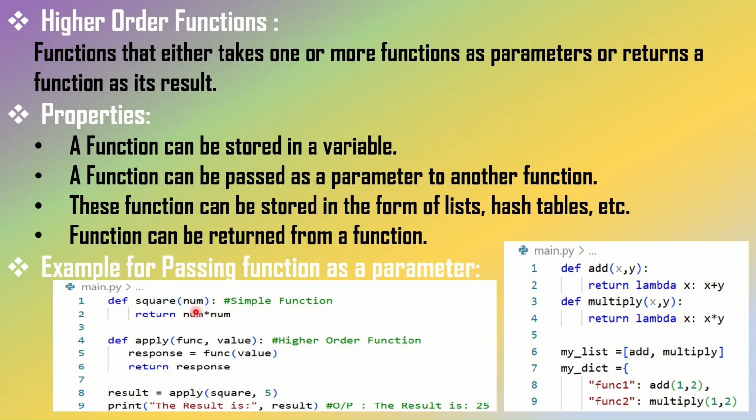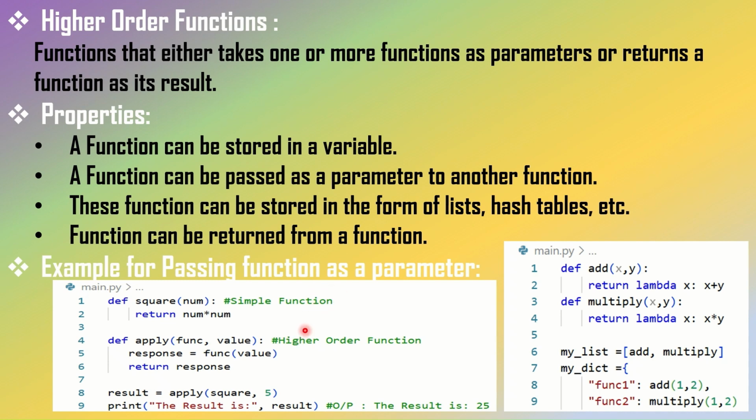This result will be stored in this response. This result will be sent back to this function, and it is stored in this response. Finally, we are returning the response, and this response is stored in this result, and then we are finally printing the result. So the output looks like this. The result is 25. This is a simple example explaining how we can pass